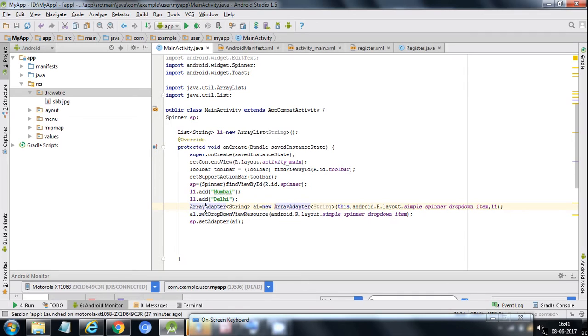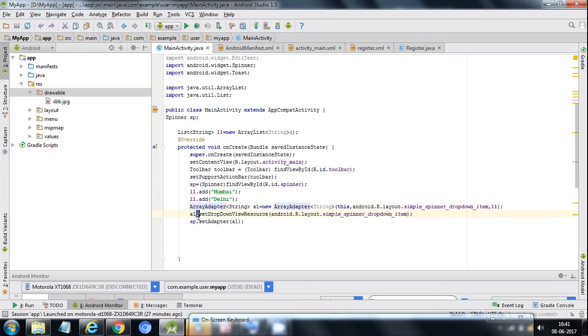Next I need an ArrayAdapter. An array adapter is similar to an iterator which iterates through all the items of the list of strings. So ArrayAdapter of String A1 is equal to new ArrayAdapter. It requires three arguments: the context, then its layout, which is simple spinner drop down item, and third is the object of the list, that is L1. Now I have to set the drop down view resource on my array adapter.